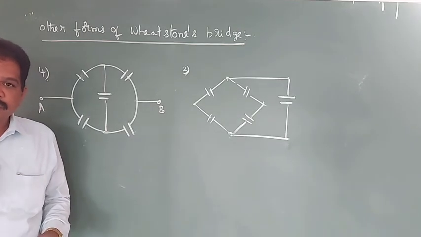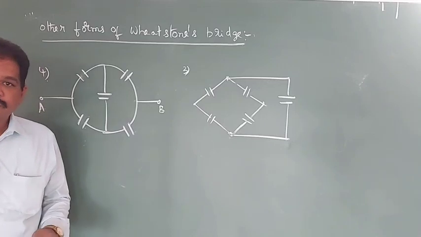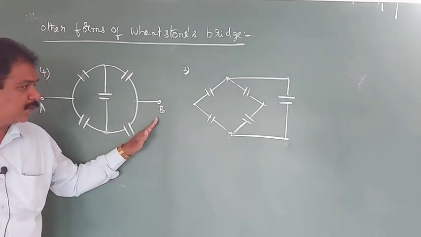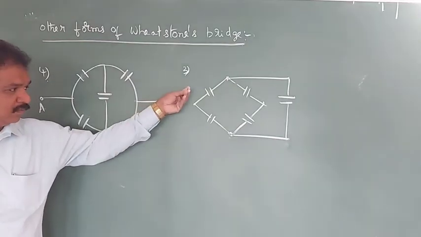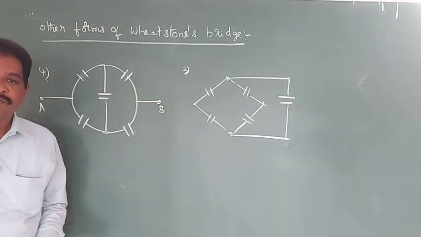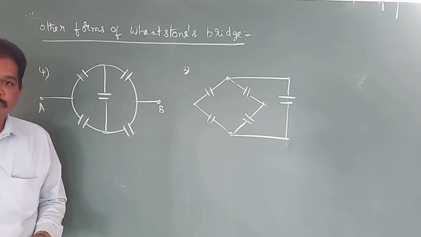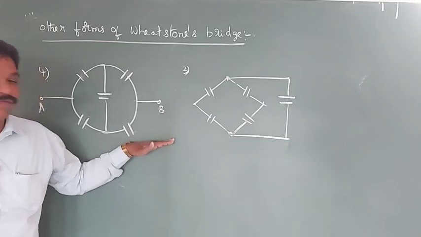Okay. Still one lecture will be required to finish the synopsis. With this chapter synopsis will complete. We'll do some problems on the Wheatstone bridge. In the same manner, some more synopsis is there. With that, this chapter synopsis will complete. We will start doing the problems in the exercise. Okay. Now we will stop with this.